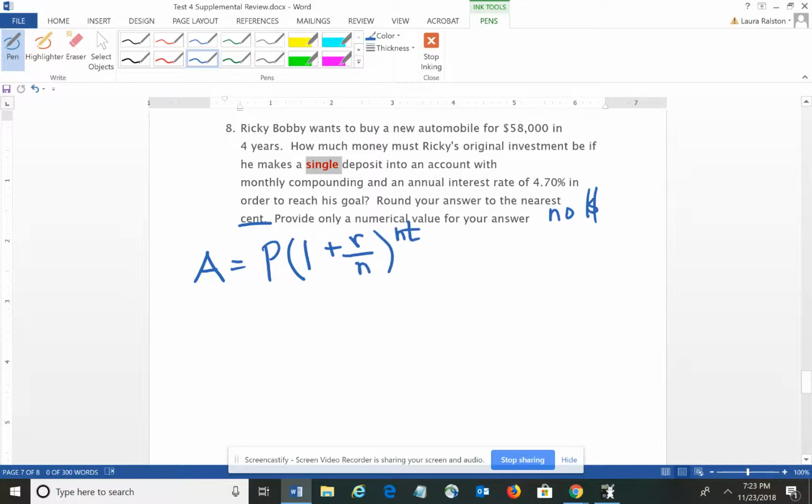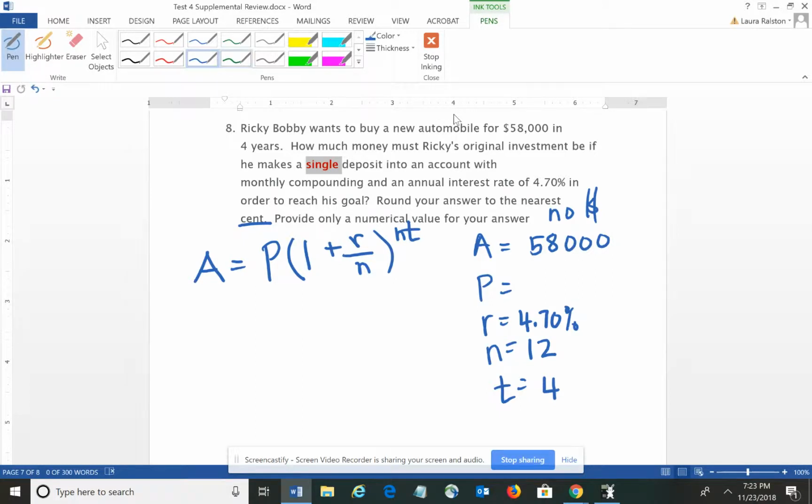Now, in this case, let's think about what we know. It tells us that in the end, he wants to buy the car, which is going to cost him $58,000. He's going to wait 4 years to buy it, and he's going to have an account that is compounded monthly at a rate of 4.70%. Again, remember to change that to a decimal by dividing 4.70 by 100, which would give you